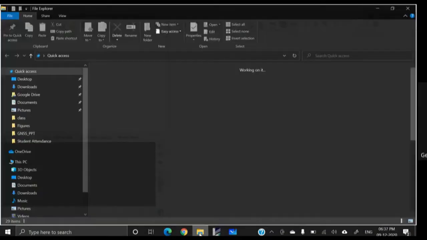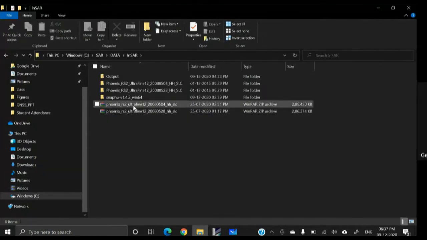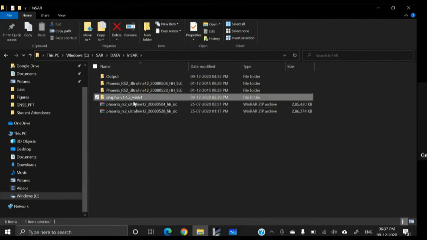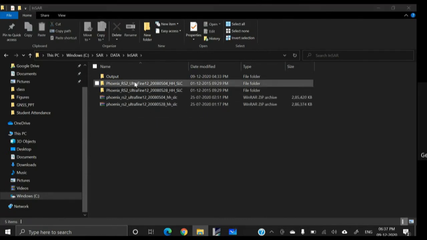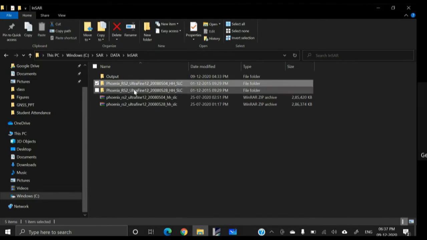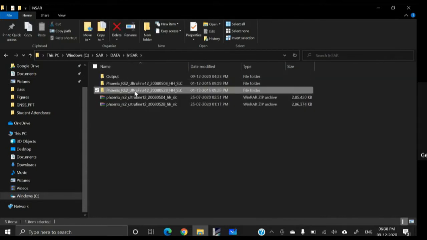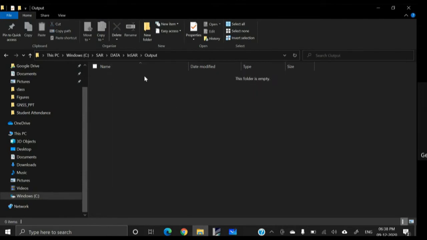But before that, let me explain the products. In the insert folder, we have two zip files, and if you unzip these two files, then actually you will have these two images. Okay, and in one folder you will have all these things, and in another folder you will also have all this information. Okay, and I have also created one folder named output. However, currently we do not have any file in the output folder. The processed images will be created within this output folder.